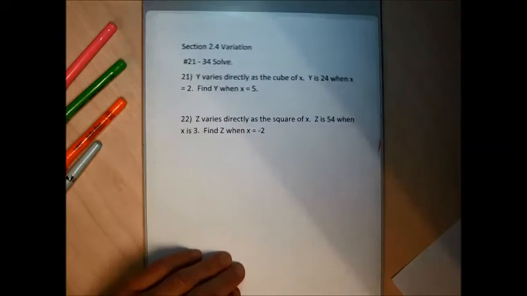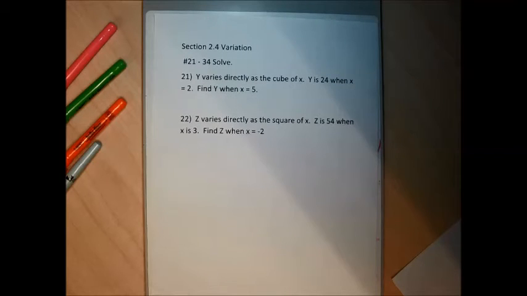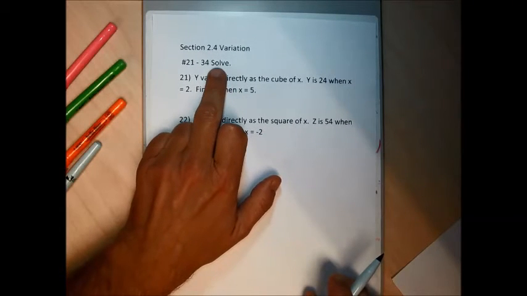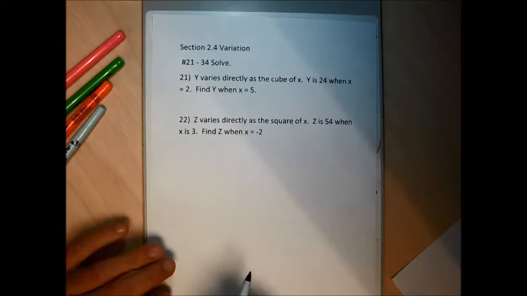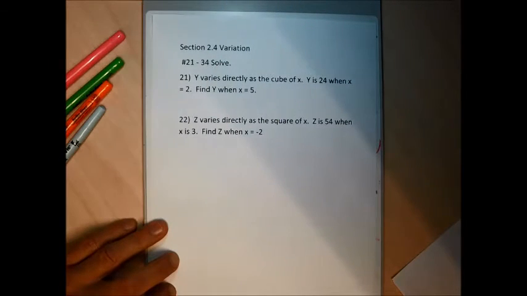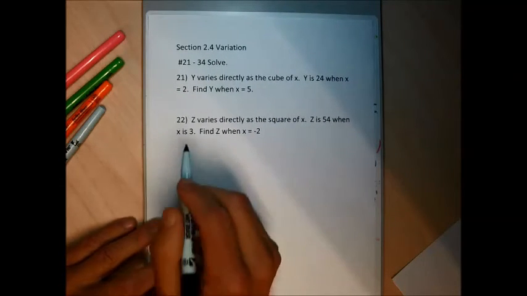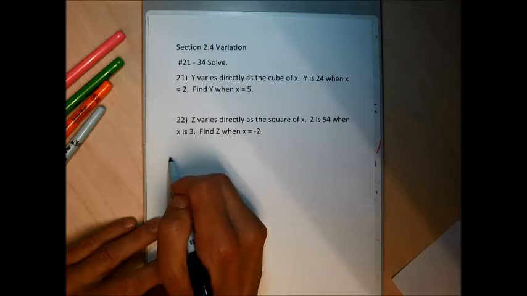Alright, so next group of problems, 21 through 34, the instructions are really small. They just say solve, and in this group of problems, when the problems have the instruction solve, they're 3-step problems. The instructions get shorter, but the algebra gets more involved. So for the solve problems in numbers 21 through 34, first